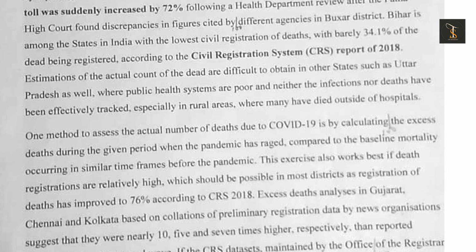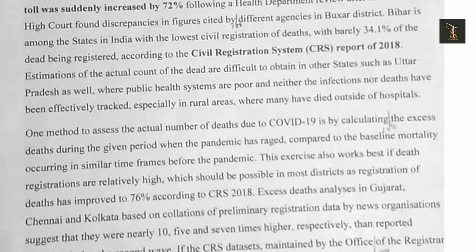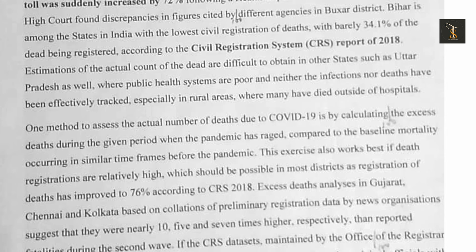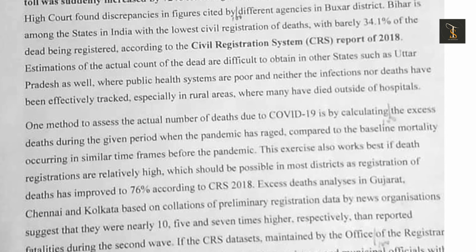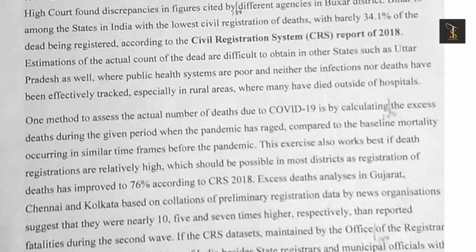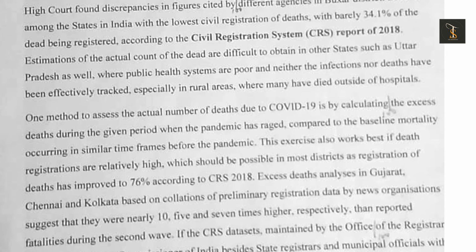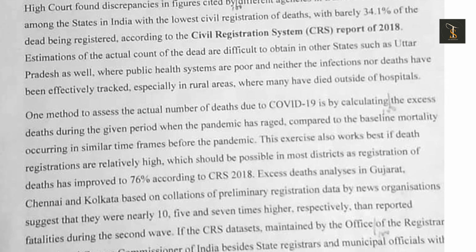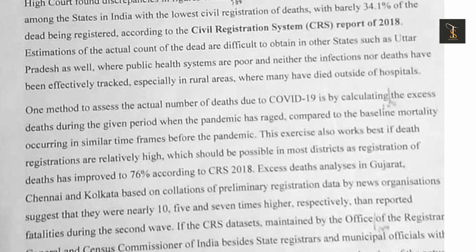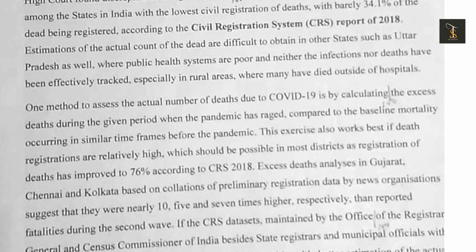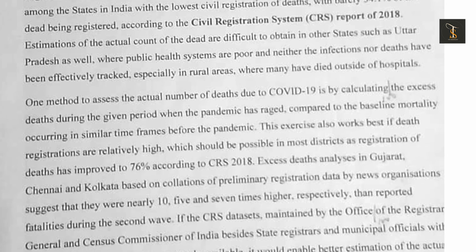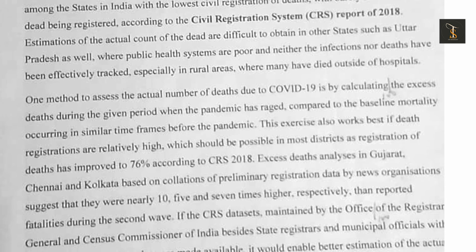One method to assess the actual number of deaths due to COVID-19 is by calculating the excess deaths during the given period when the pandemic has raged, compared to the baseline mortality occurring in similar time frames before the pandemic. This exercise also works best if death registrations are relatively high, which should be possible in most districts as